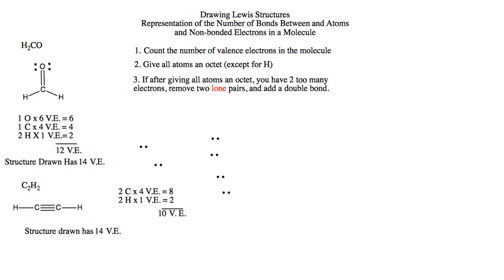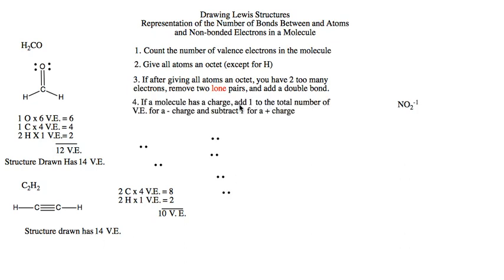I want to look at one more example, and that example is NO2 minus 1. And you'll notice that this molecule has a charge on it, and one of the things that we need to do when we have charges is the following. We account for that charge by adding 1 to the total number of valence electrons we should have for a minus charge. If this had a positive charge, we would subtract 1 from the total number of valence electrons it